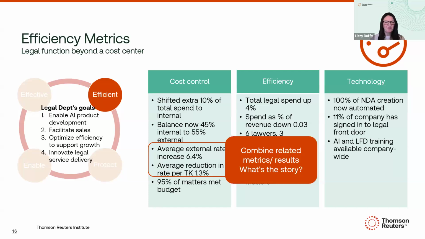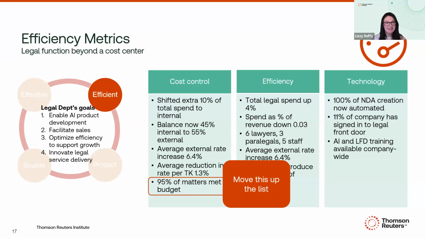What's happening here? The first point relates to market averages. What we're seeing is that law firm rates are increasing at an average of 6.4%. But because at TriClad we've been clever and we've been triaging work using lower cost firms, we've managed to bring down the average rate that we're paying our law firms by 1.3%. So by packaging those together, and again, this is where you need the time, and also you need not just one person doing this, but you need to be able to iterate, review, and edit to get it down to a really slick and packaged story.